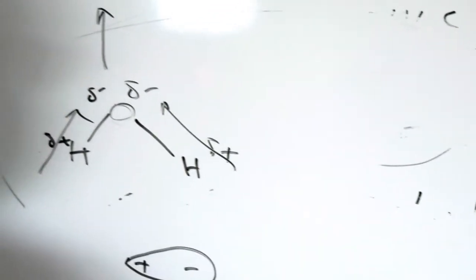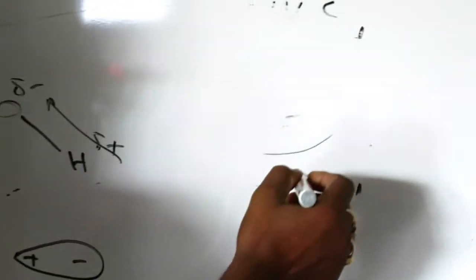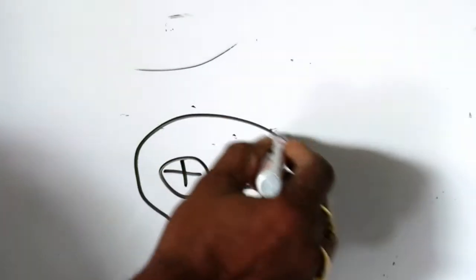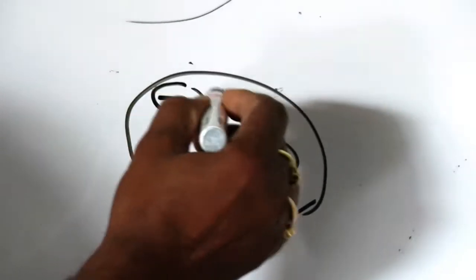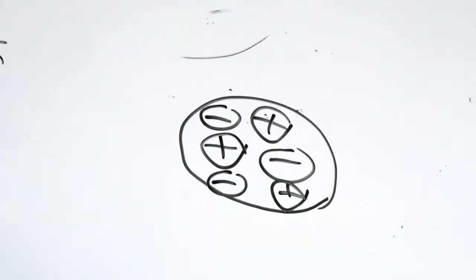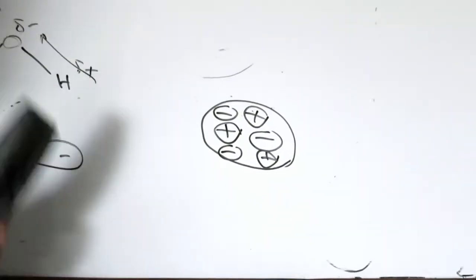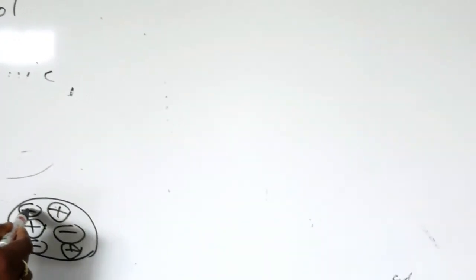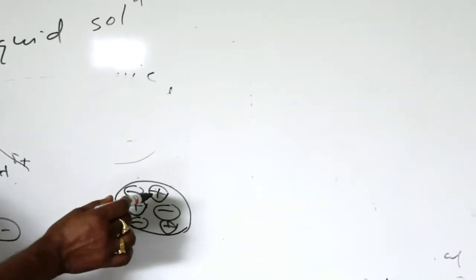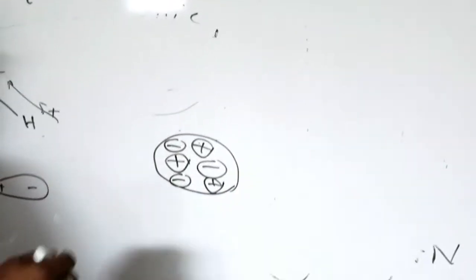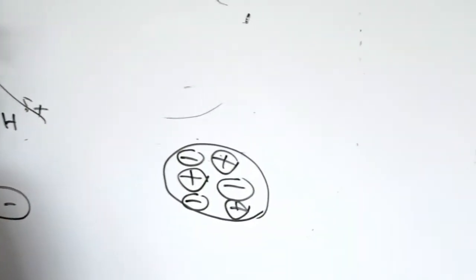This is water molecule, and in the ionic solid, let's say, positive and negative ions are aggregated together, positive, negative are there. So this plus, minus, or positive ion, negative ion in the ionic solid. When this solid is dropped into the water, there is some type of interaction between them. Here we know between the positive and negative ion, a force exists, which is called lattice force. In order to overcome this lattice force, the energy required is called lattice energy.